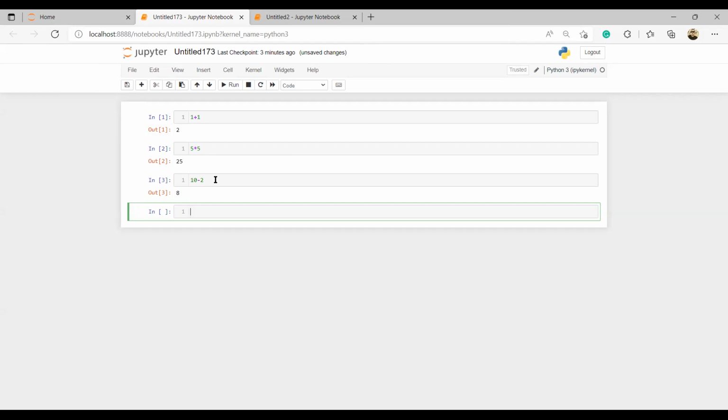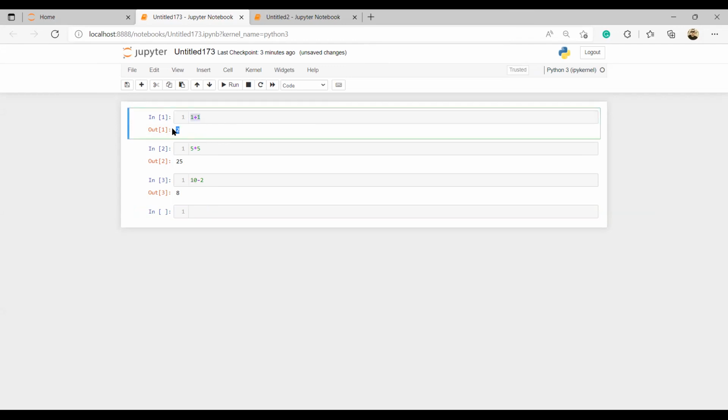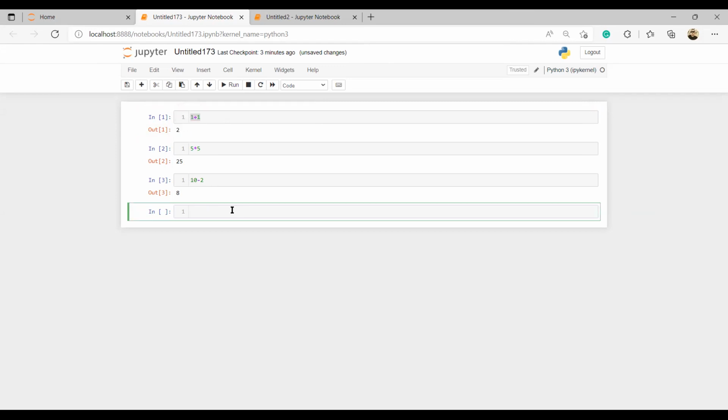So you understand how you do your normal calculator. Whatever I type will be here, and this will give me the results. And remember, when we want to type a code, we need to understand